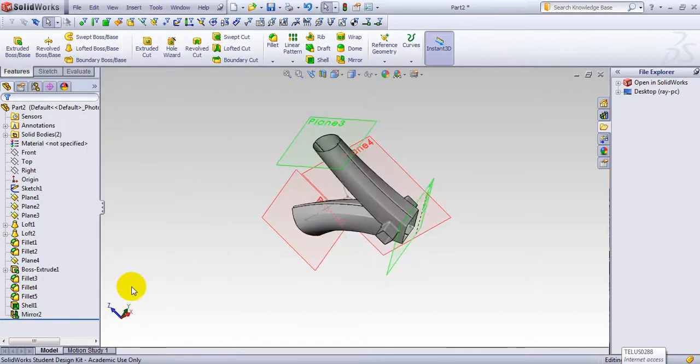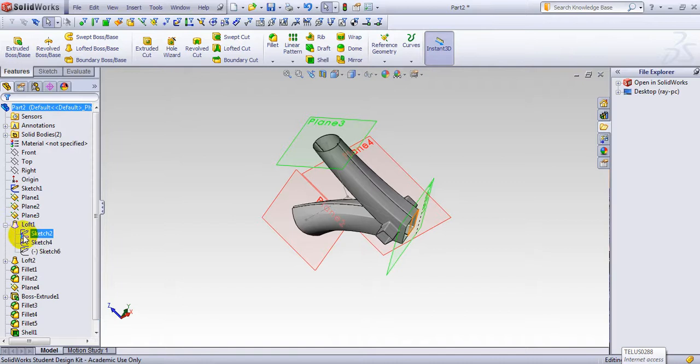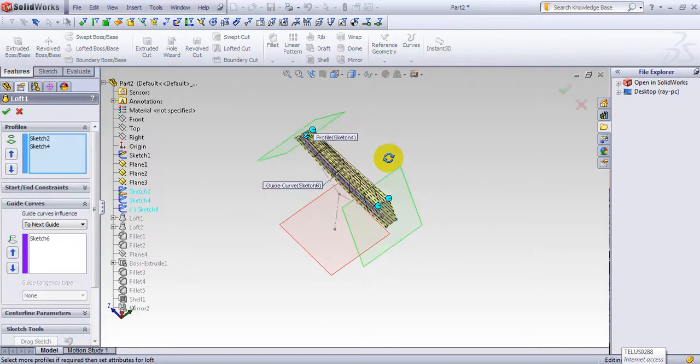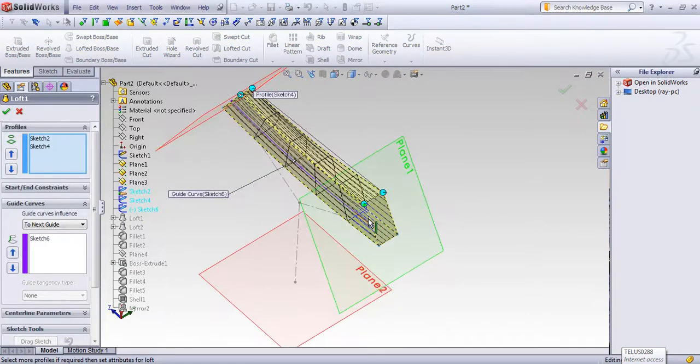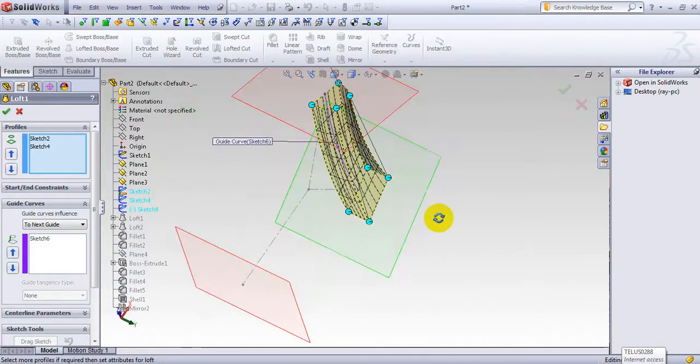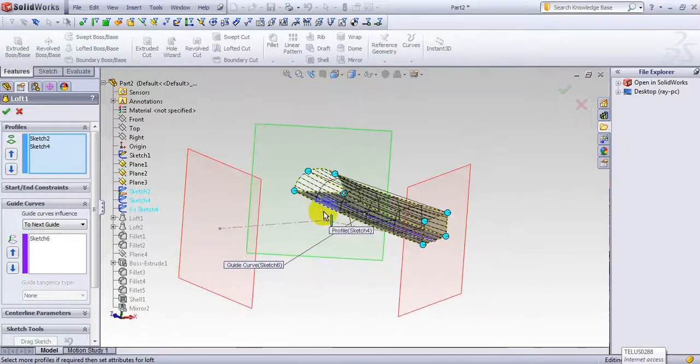Now let me just make a simple change here. Now everything is built. By making a small change, you might actually cause some errors here. Go to Loft one and I make the change here. Go here and I go show all the connectors, and let's make it a little bit less realistic. I go this one here and this one goes here,